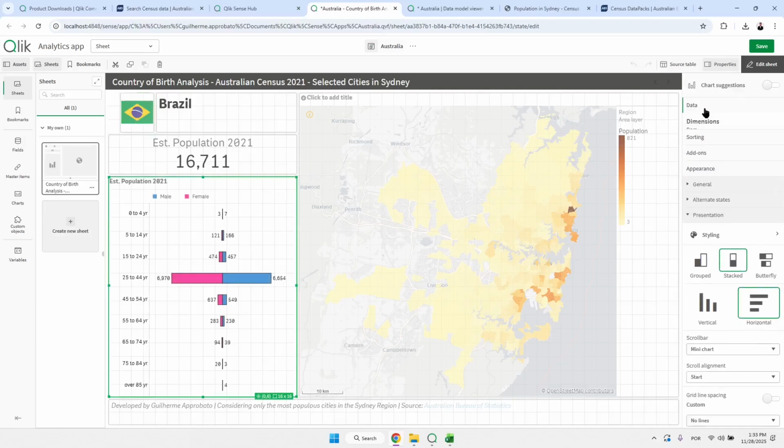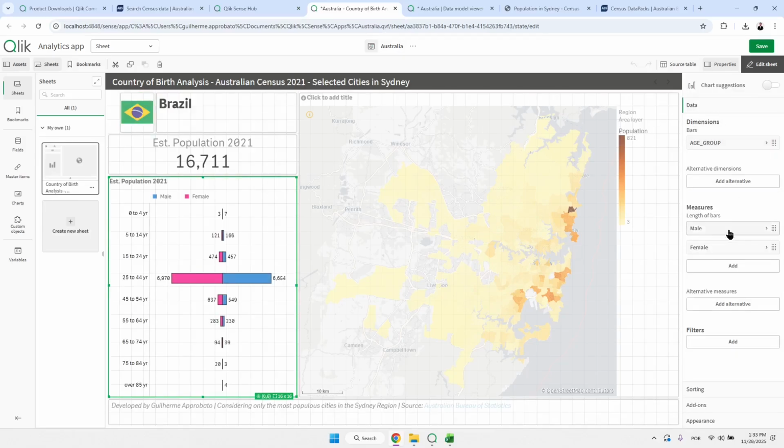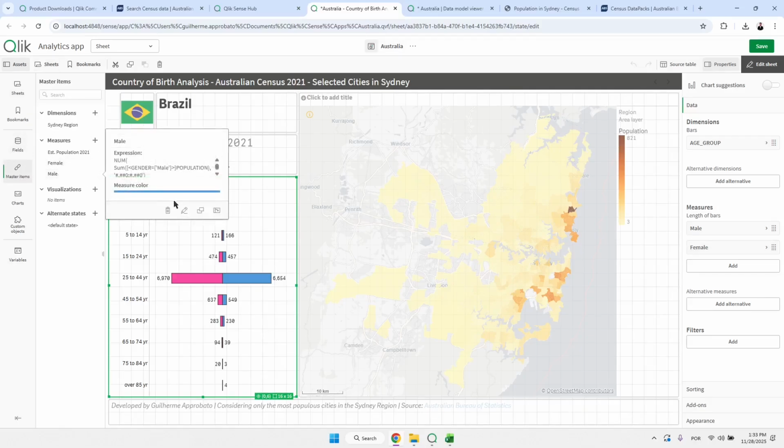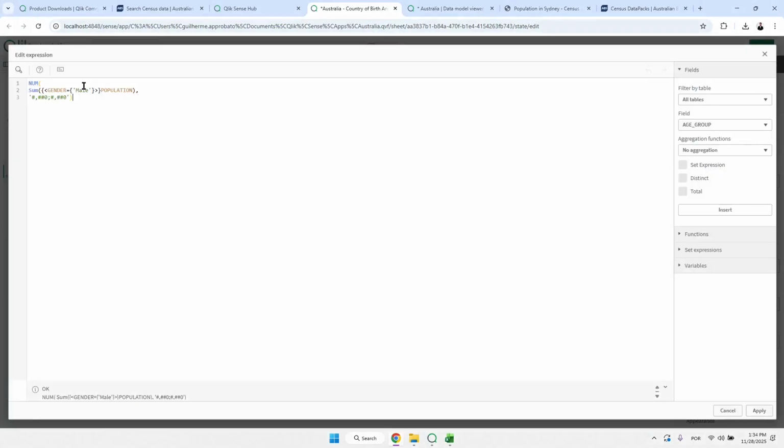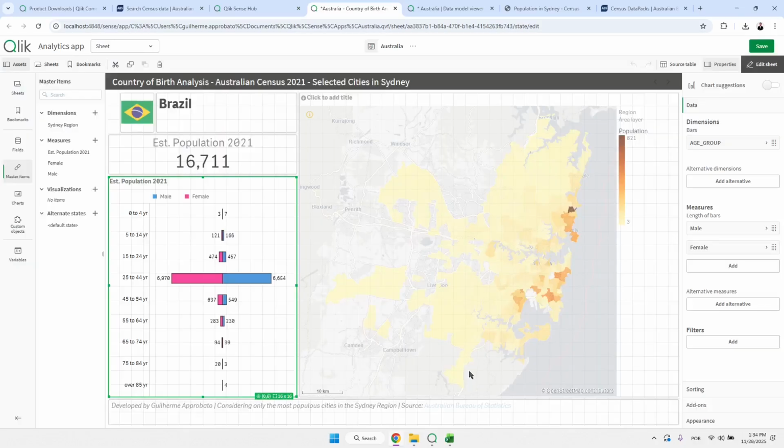This chart is basically the age group with two measures, male and female. In this case, I used set analysis. I can show you here. So male is basically the sum of population when the gender equals male. And I used num to keep them on the same level.